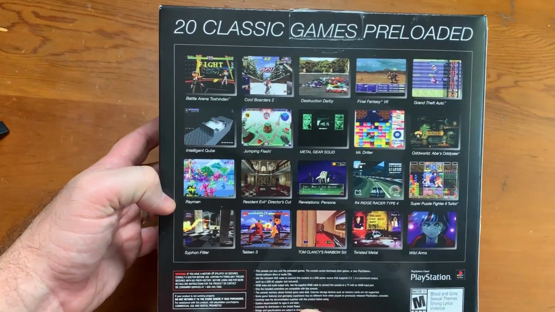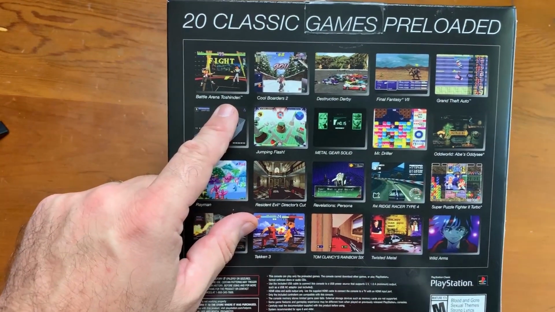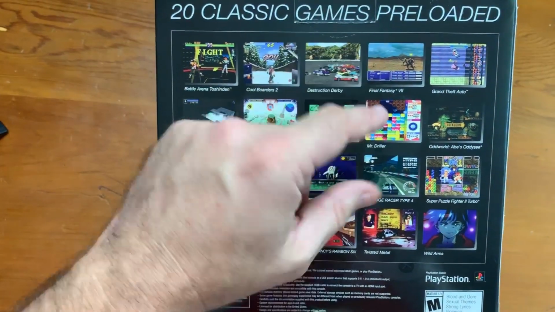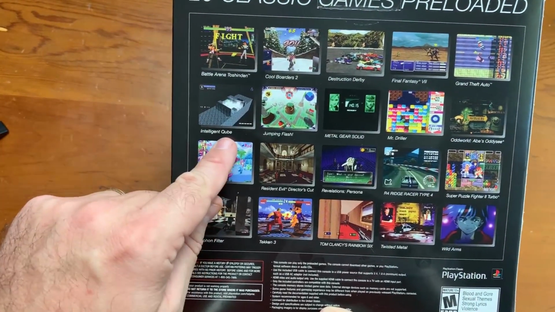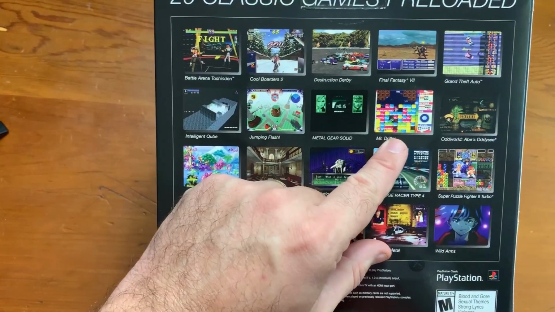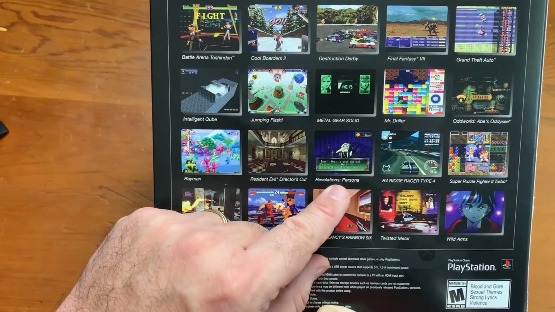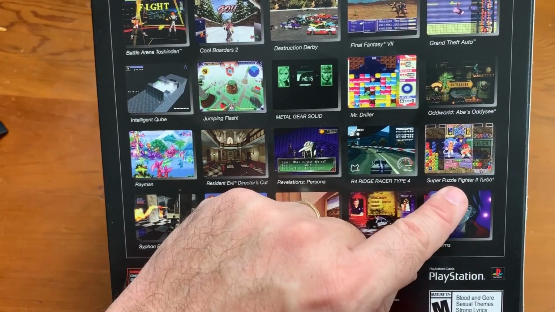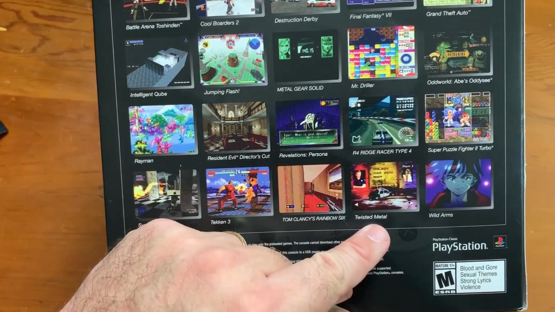But anyway, here on the back, I find it interesting. 20 classic games preloaded. Battle Arena Toshinden, Cool Borders, Destruction Derby, Final Fantasy VII. Everybody seems to love that one but me. Grand Theft Auto, the original one, not the 3D version. Intelligent Cube looked kind of like an interesting puzzle game. Jumping Flash, Metal Gear Solid, Mr. Driller, Oddworld Abe's Odyssey. Rayman I have on the Jaguar. Resident Evil, Revelations Persona, never heard of it. Ridge Racer 4, Super Puzzle Fighter 2 Turbo, Syphon Filter, Tekken 3, Tom Clancy's Rainbow Six, Twisted Metal, Wild Arms,